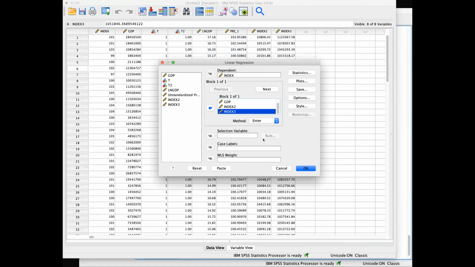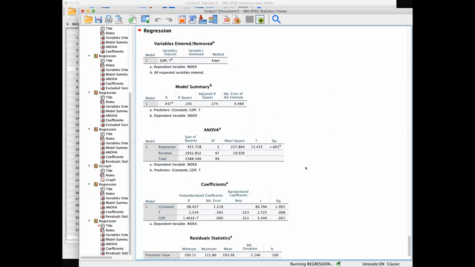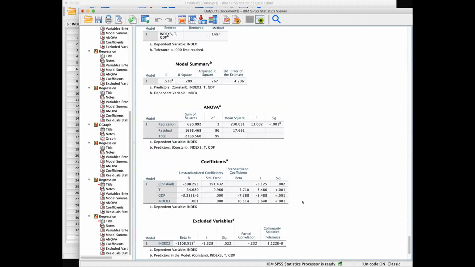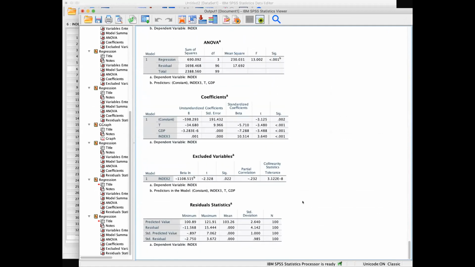So you can click OK. That will give you this regression model. And you may notice that it shows that, because of multicollinearity, high collinearity, index 2 is excluded. This is not that uncommon, particularly when you have those higher order terms. So this one is fine, because we just need to check whether this full model is different from the reduced